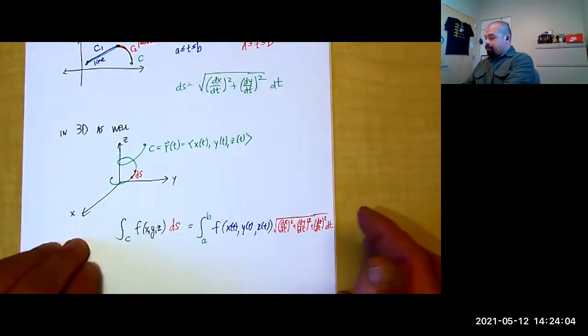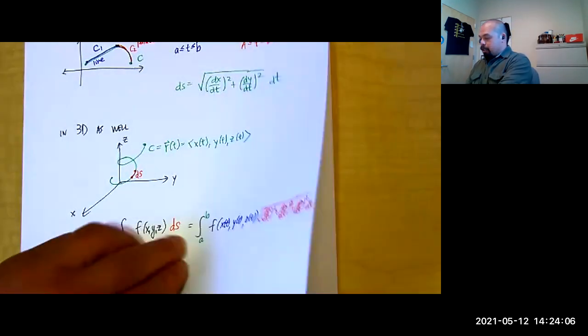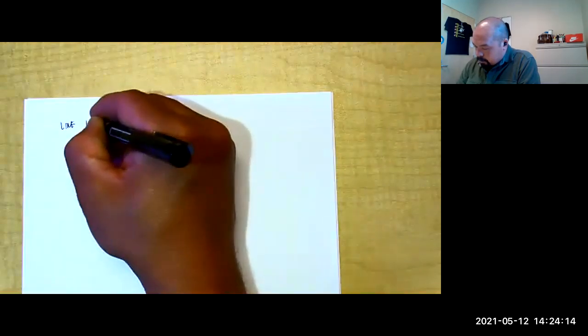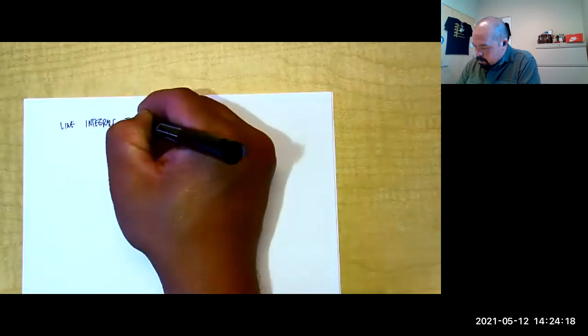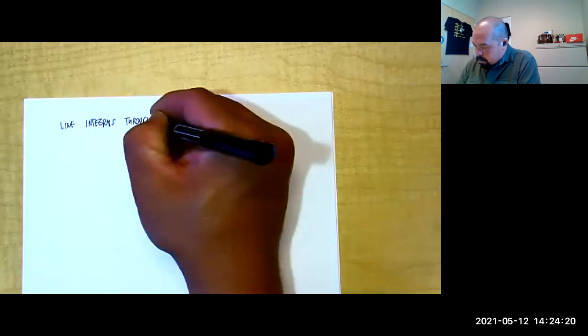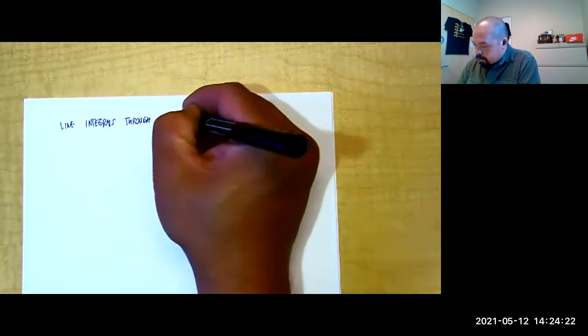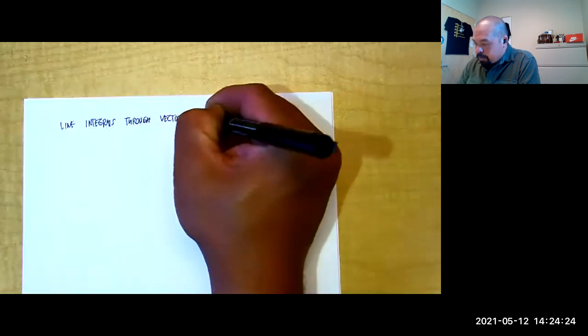Okay, and so here in this discussion, these line integrals through vector fields, and again, this could be 2D, 3D,